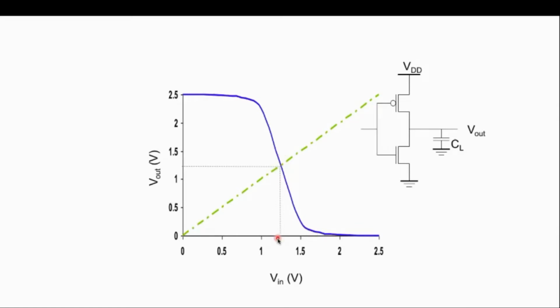A point is there, this is called VTH, and at that point your output goes to 0 beyond this particular point. So in the initial portion this is on, and when your input is further increased, this is on and this is off. So what is the actual set of events?